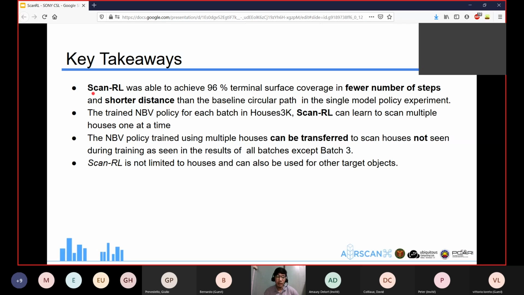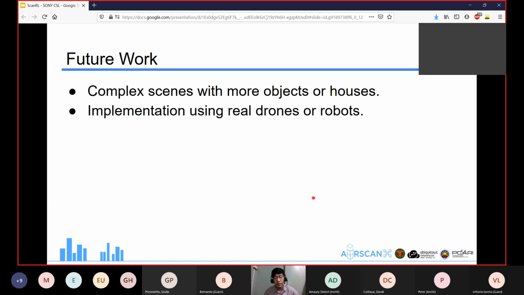And we achieved some results with a fewer number of steps and shorter distance for the discrete action space. ScanRL can learn to scan multiple houses one at a time. It was able to transfer to scan houses not seen during training, except for some complicated batches. And we showed that ScanRL is not limited to houses and can also be used for other target objects. Of course, this is simply the first work that we did for this problem, and